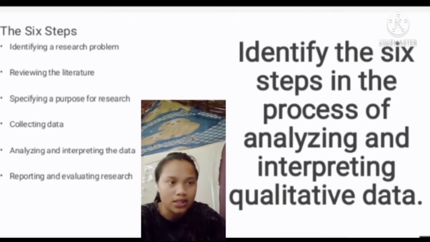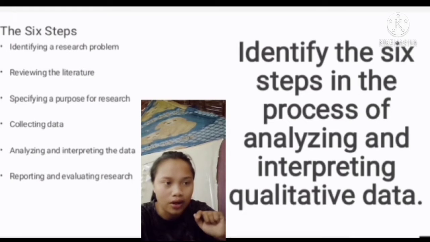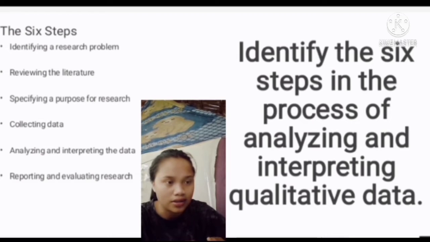The second step is reviewing the literature. Because of this concern, reviewing the literature is an important step in the research process. Reviewing the literature means locating summaries, books, journals, and publications on a topic, selectively choosing which literature to include in your review, and then summarizing the literature in a written report. You can learn how to locate journal articles and books in an academic library.